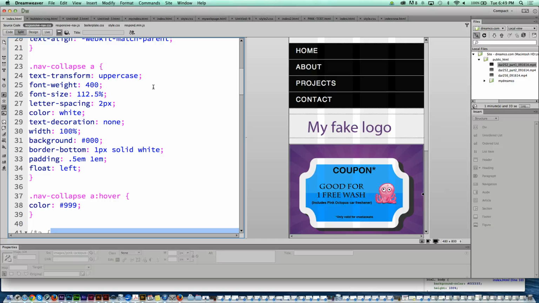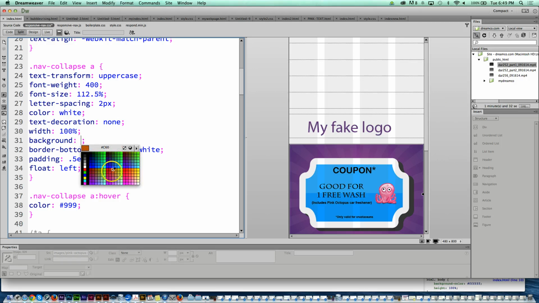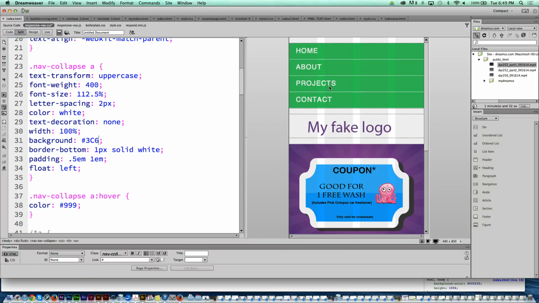And inside of there, amongst all the styles, I see background, which stands for background color, #000. If I go in there and I change that to be another color, like some obnoxious form of green, then it changes. Okay? And now I have changed it permanently because I've changed it on the style sheet.